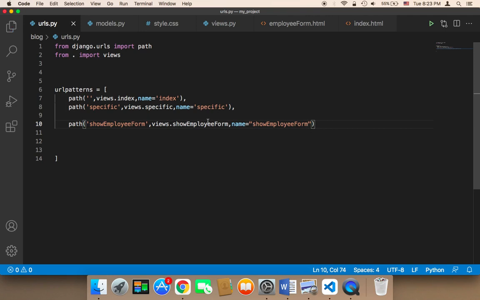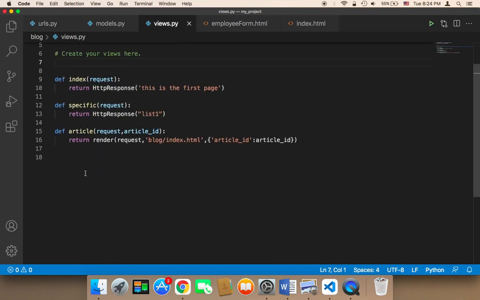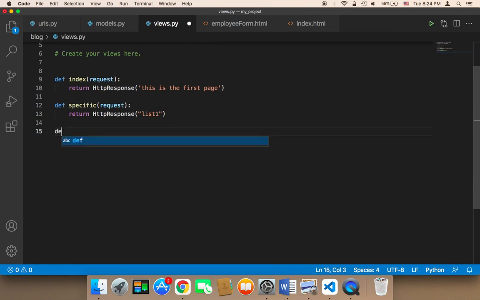Now we need to create the show employee form function in the views. So here in the views, I'm going to create a new function. First, I'm going to remove this function. Again, we no longer need this function. Instead, I'm going to create a new function here. I'm going to say show employee form, and it's going to take the request as usual,